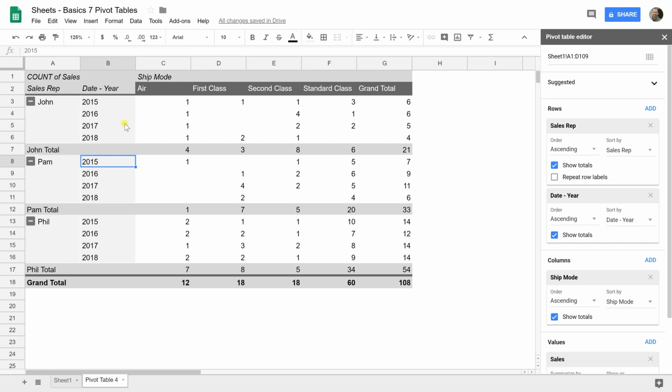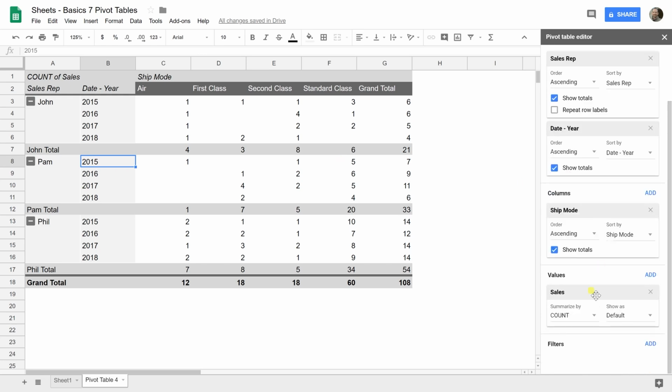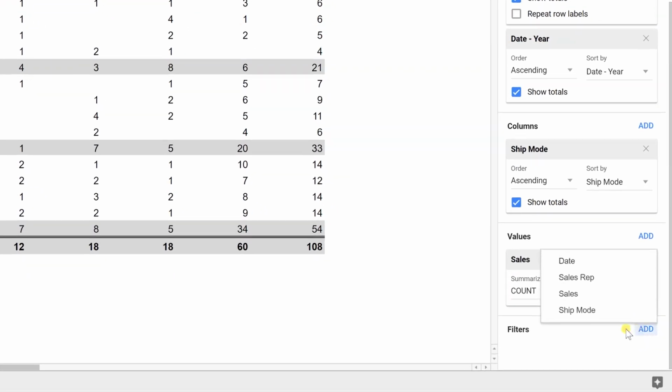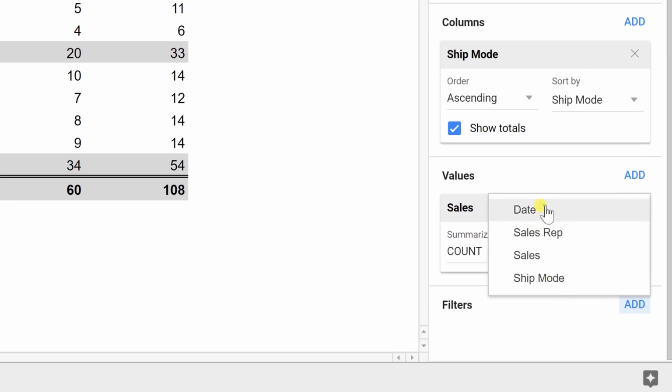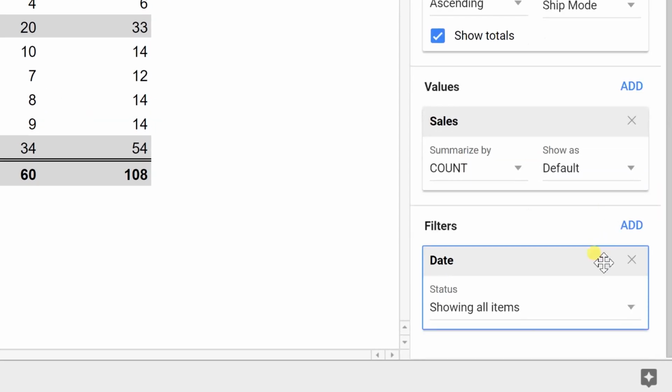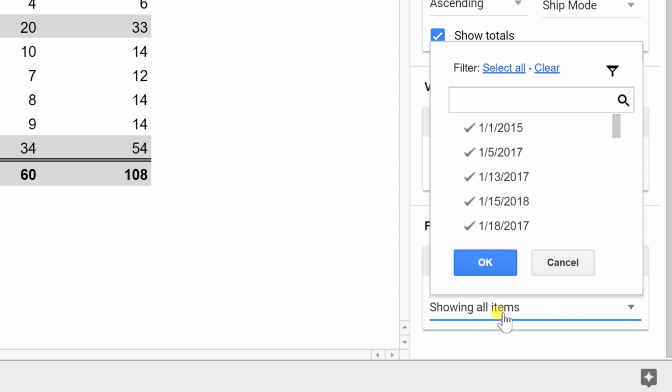And let's say you're just looking for 2018. So let's go back to the right, scroll down to the filters. We're going to add a filter for the date. And this will be a little bit tricky how we're going to do this. So let's do a drop down. It said showing all items. We're going to select clear. And then we're going to type in